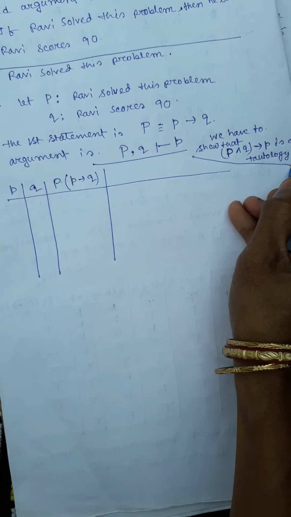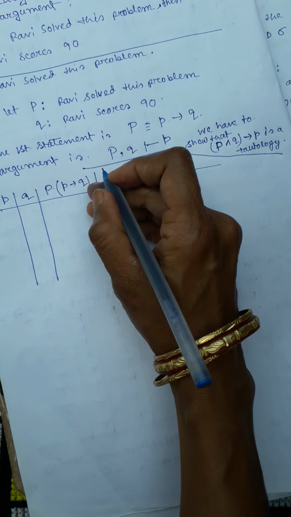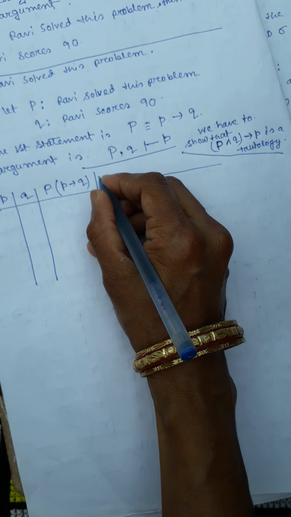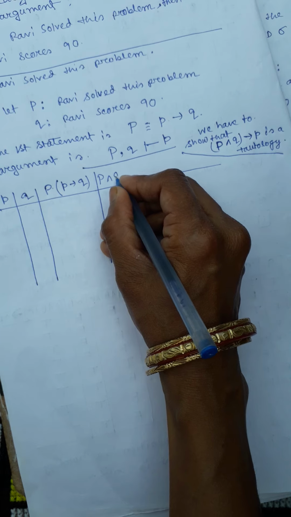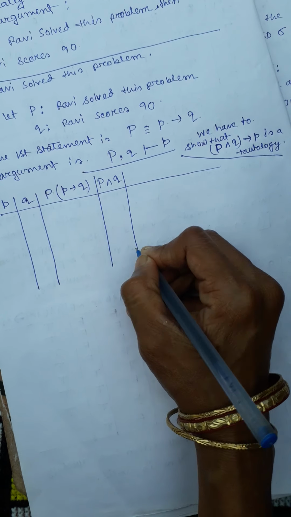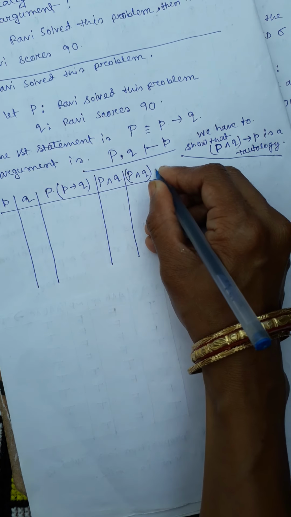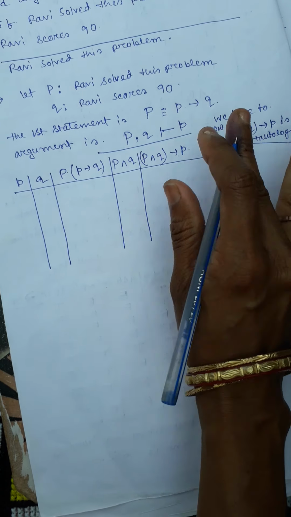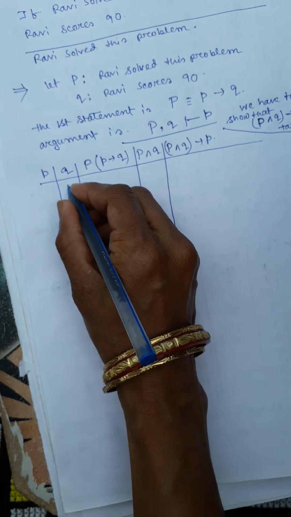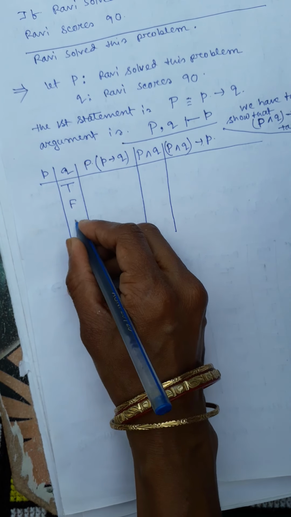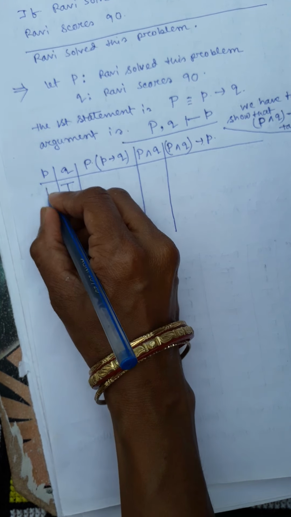Okay, we have to show it. So here we have to find out capital P conjunction of small q, and then capital P conjunction of small q tends to small p. So it is true, false, true, false, true,